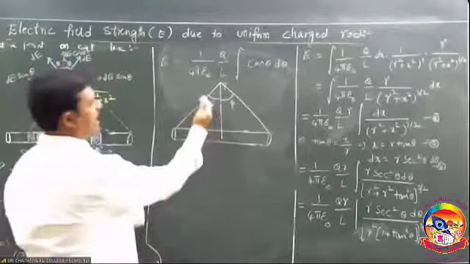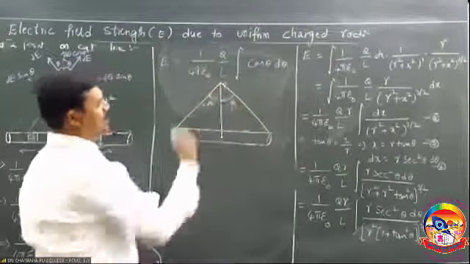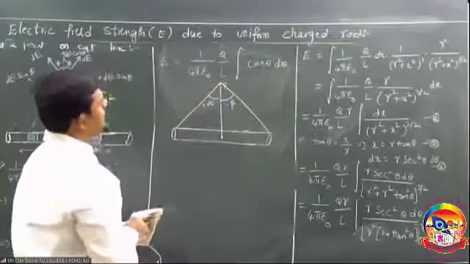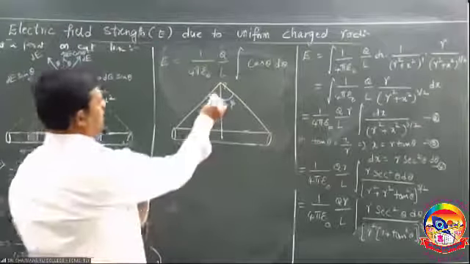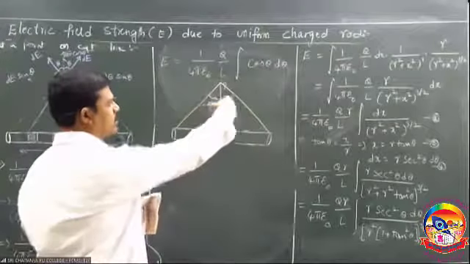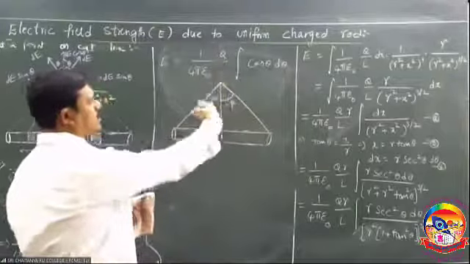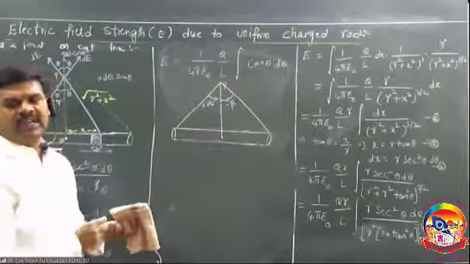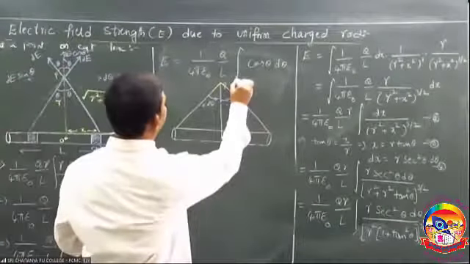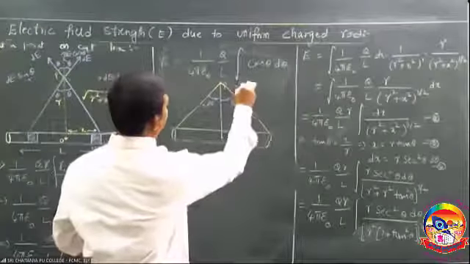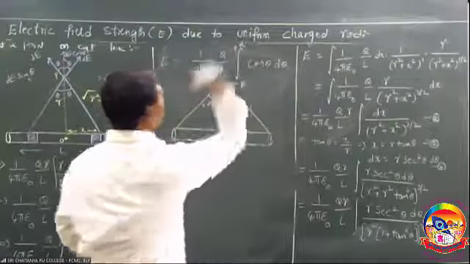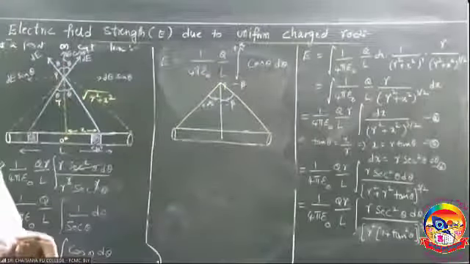If you take this side, the angle is plus, this side the angle is minus, because it is the angle made by the line with the vertical. This is anti-clockwise, this is clockwise. Anti-clockwise angles are positive, clockwise angles are negative, that is the sign convention. So what are the limits here? If you take from this end, minus beta to plus alpha are the angular limits.